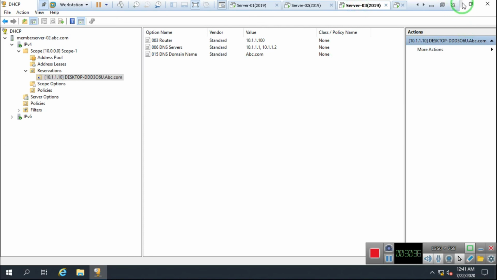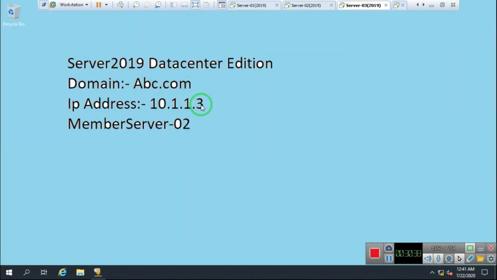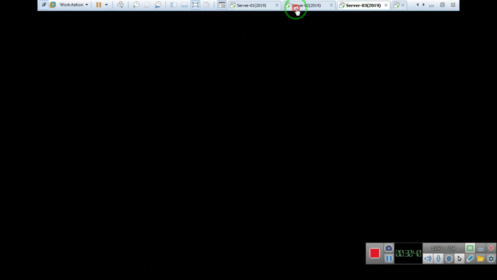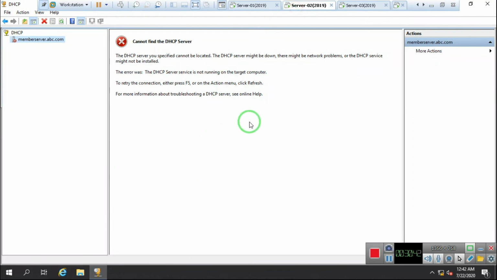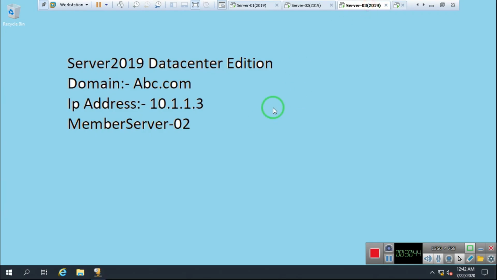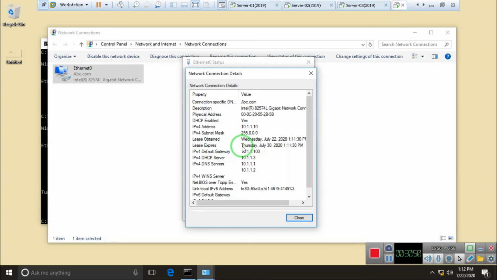As you can see, server 3 now. This is server 3, and now this server gives the IP address. Why? Because server 2 is stopped. This server is in standby mode, so once I stop server 2, server 3 automatically goes into active mode and provides the same IP address. That is known as a failover. So see, it's providing the IP address from 10.1.1.3, server 3. Understood? This is what we have as failover.